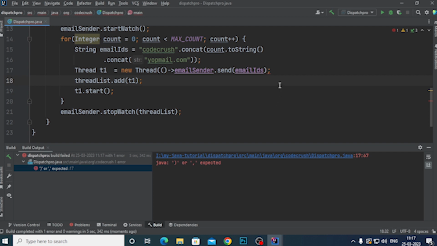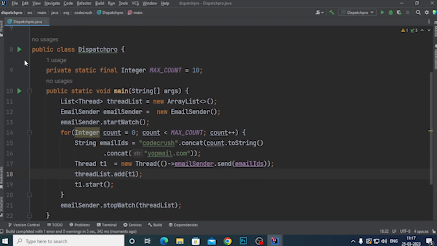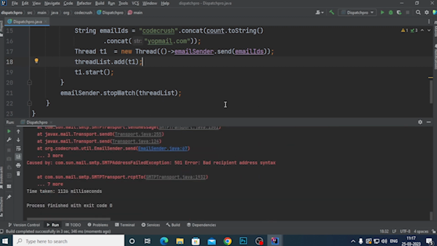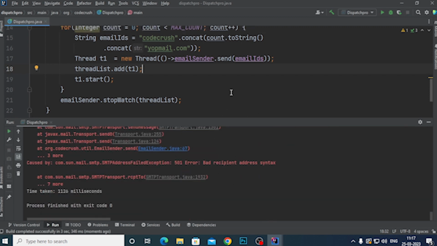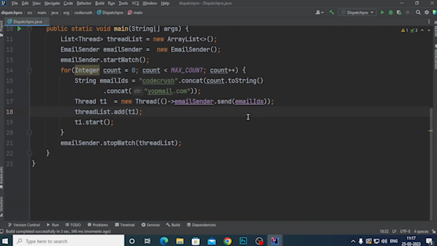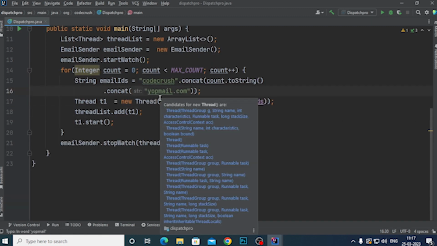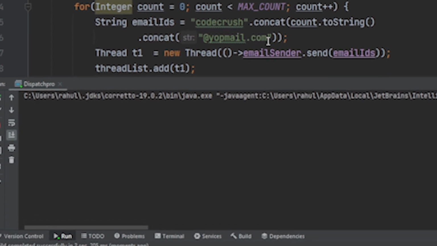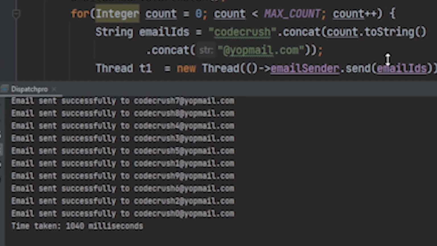Okay, let's check the error that we have. Okay, so we have to close the bracket. Now start again. Okay, we forgot to give that @. Now run again. I hope this time it will work without any error. Yeah, now you can see